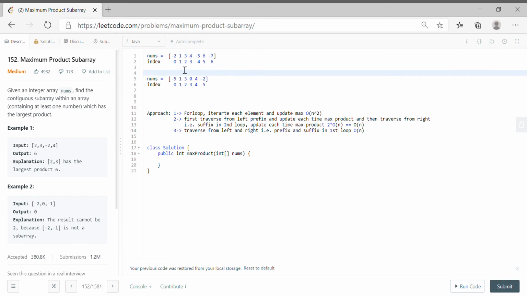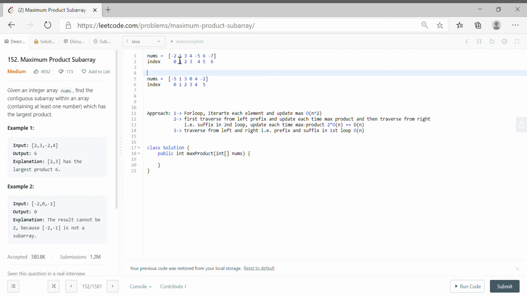Okay, so we will have two solutions here. One is the for loop, which will obviously be order of n square. In the for loop, one loop will be for each element, and one loop inside that loop will multiply with each element and try to update the max product.